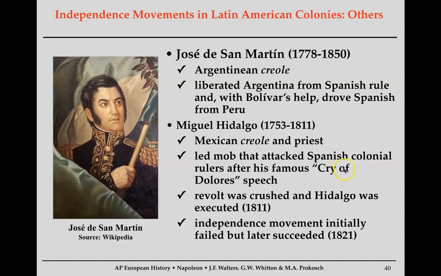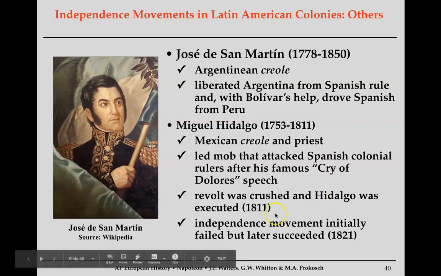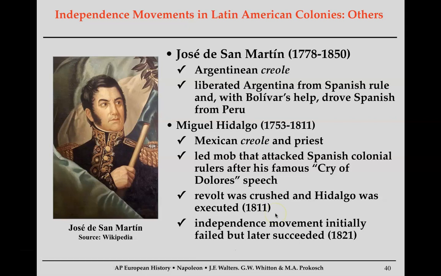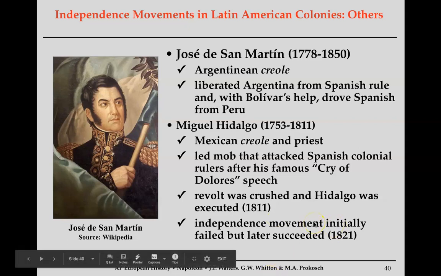And what he did was he had a pretty famous moment. He climbed to the top of his church bell tower and rang the bells. It's called the Grito de Dolores, the cry of Dolores, where he says we need to begin the revolution now, and then they go on and start purging the Spanish nobility from Mexico, and eventually the Spanish capture Hidalgo and execute him. They initially stop the revolt, but the other leaders of the Mexican Revolution will continue the revolution, eventually making Mexico an independent country from Spain in 1821.